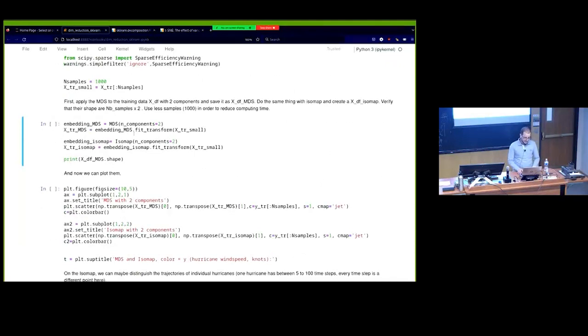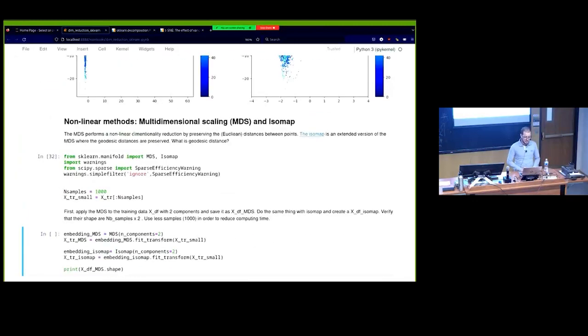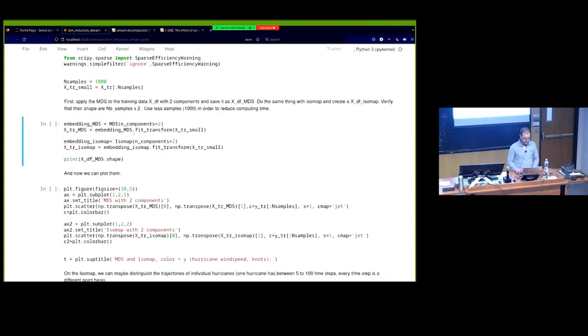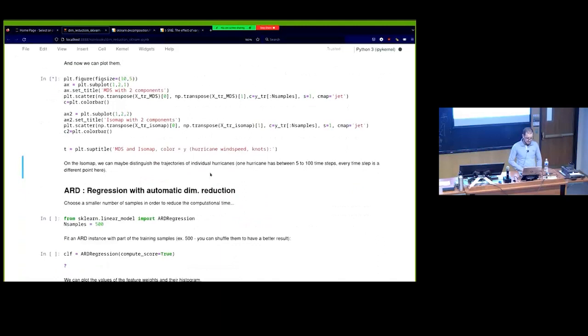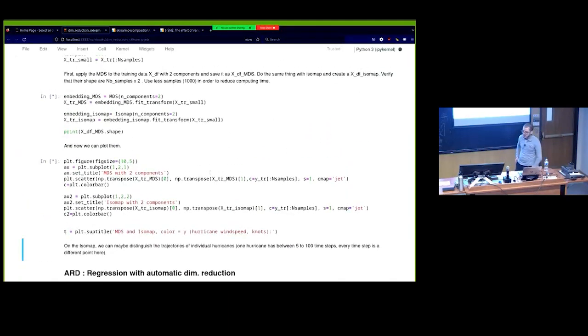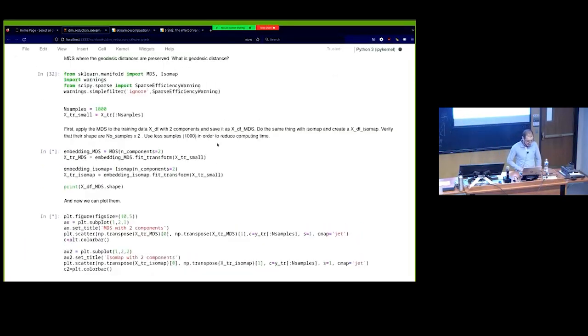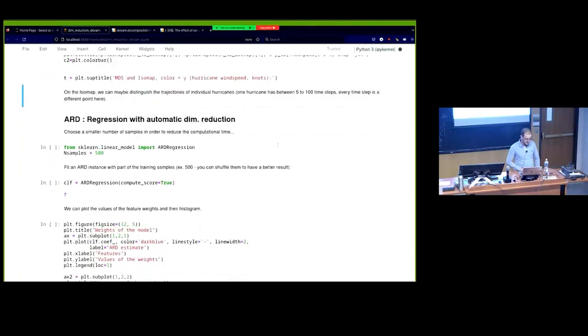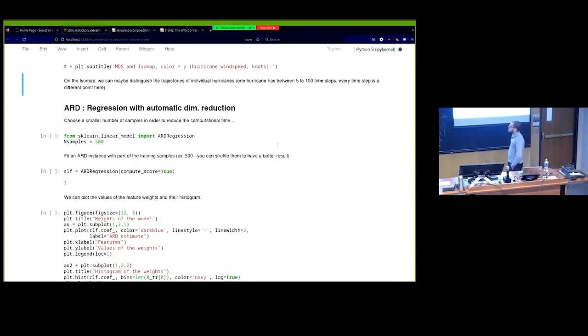So here we're just going to compare the two methods, the MDS, multidimensional scaling, and the Isomap. And we're going to display those. They should take a little bit more time than PCA, but that's normal. Come on, you can do it. Okay, I think I have so many things happening on my laptop now. Okay, so while it's running, there are other methods that incorporate